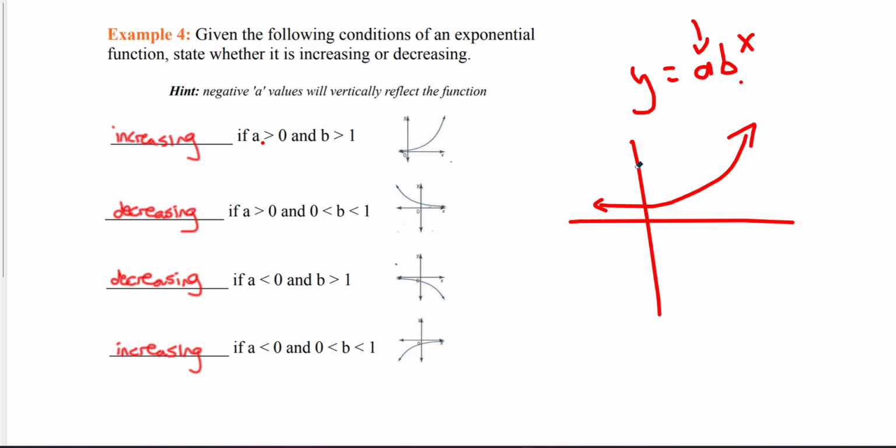All right, what if we have the same thing, where my a value is still positive, but now my b value is between 0 and 1. That means it's a decay. It's decreasing. So it's always decreasing. That's what it looks like. Now let's flip